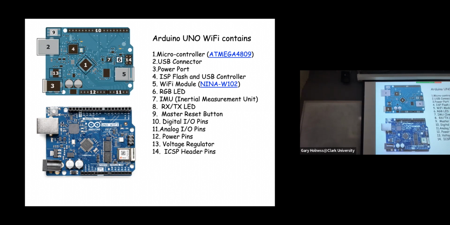And so we also have the Wi-Fi module here, which I talked about before, and it's the Wi-Fi Nina chipset. Here's the antenna right here. And then we also have the IMU, number 7, the tiny little chip. Where is it? Right here. That's the inertial measurement unit. And then we have some LEDs, of course, the analog I/O down here, the digital I/O up here, and it